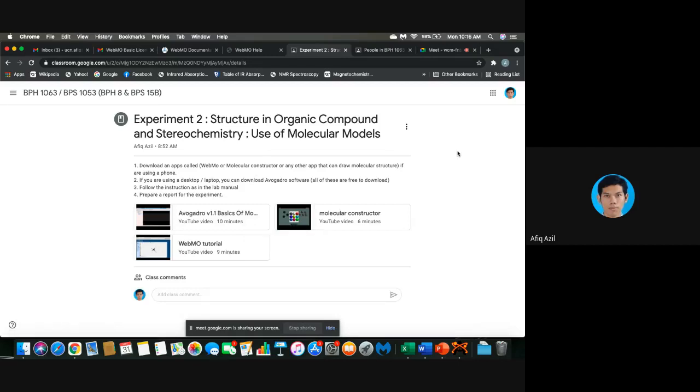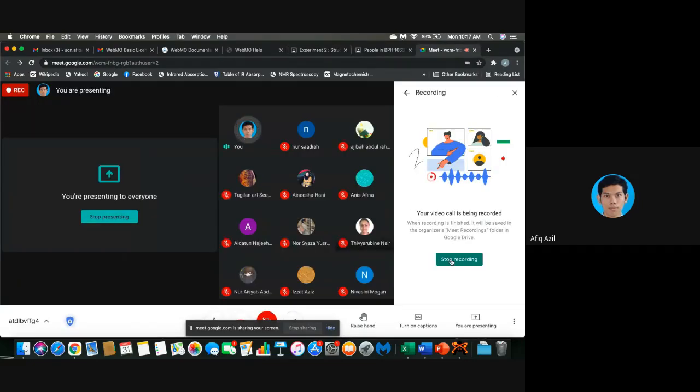So depending on your PC. And WebMO has a mobile version. So if you do not want to use your PC, you can use your phone or your tablet as well. So that is all on the